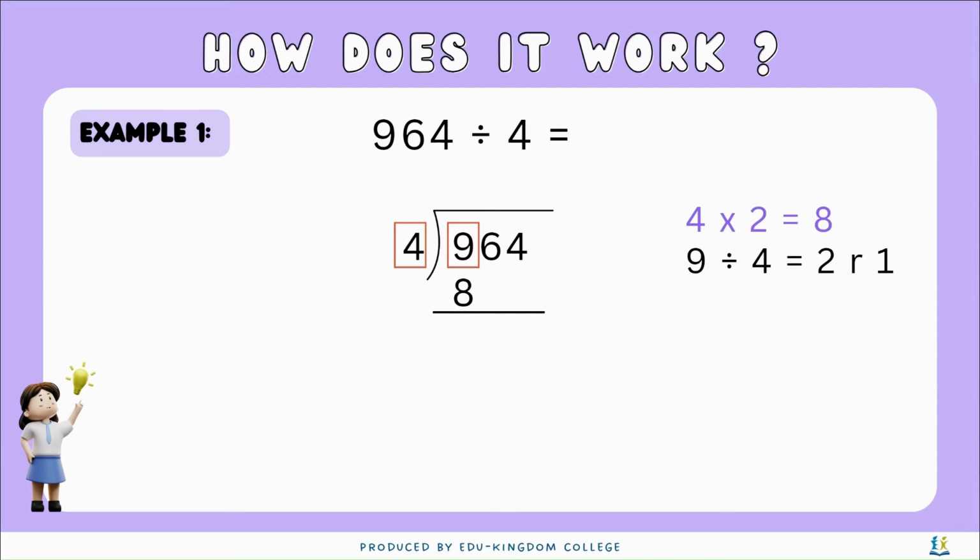And we're going to treat this like a subtraction. 9 minus 8, draw a line, and the remainder is 1. And we're going to put the 2 at the top of the division bracket. Then we move on to the next number,